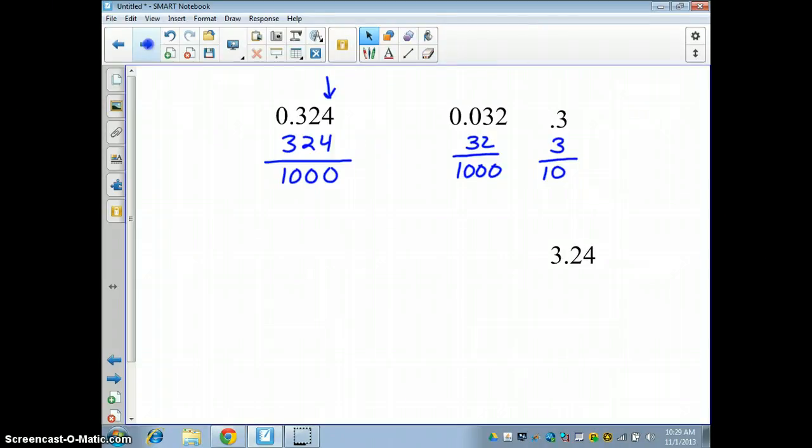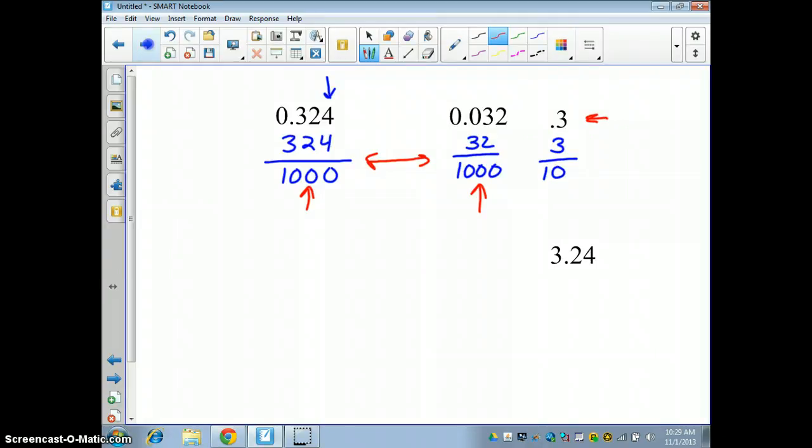Now what we've got to do is think about what number is small and large. When we compare these two numbers, we know for certain that this one is smaller because it is 32 versus this one, which is 324. So we know at least that the 32 thousandths is smaller. So now really what we're doing is we're going to compare this number here. Well, 3 tenths and 32 thousandths is a different number. So what we've got to think about is we've got to make sure that this number down here